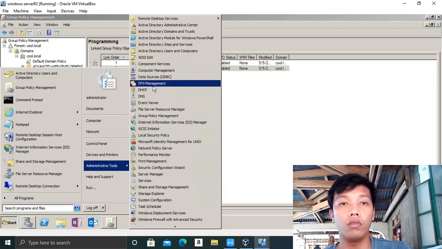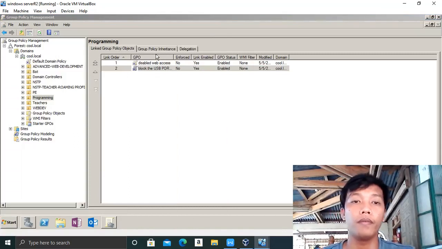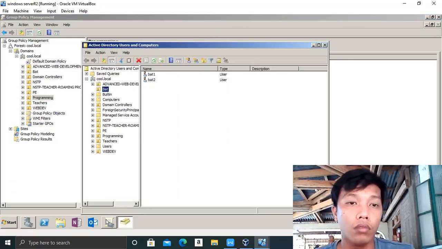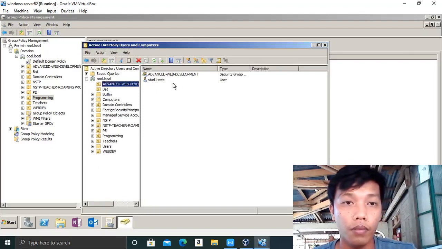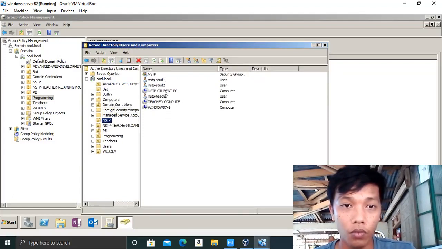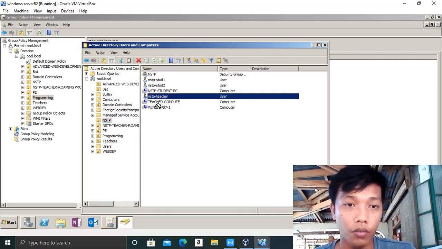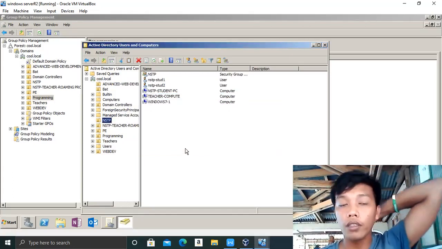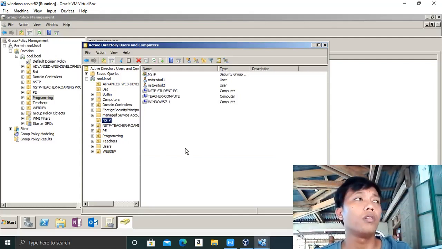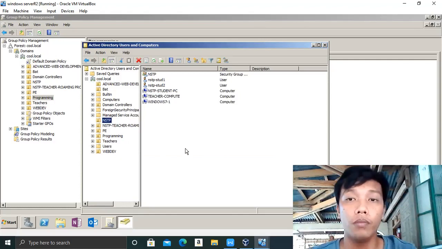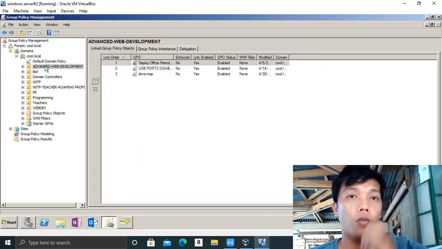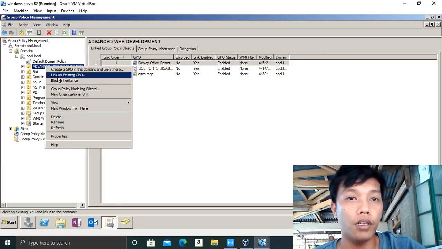The way that the teacher can still access the USB ports of their computer is I'm going to move the teacher to the teachers OU group, so that the teacher will be able to use the USB ports of their computer. Because here I'm going to the OU, then here in the link,